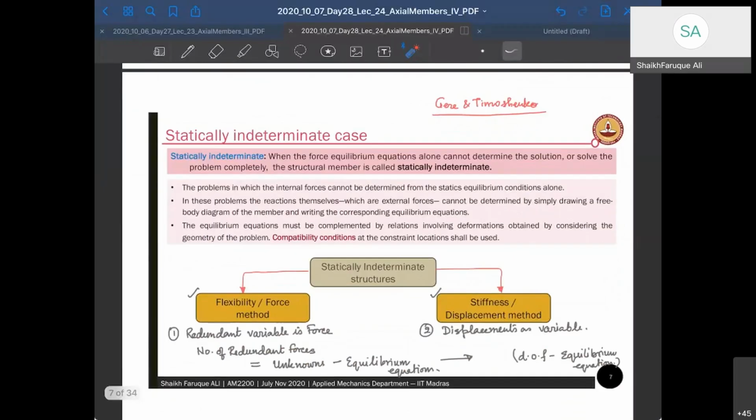Now, coming back to statically indeterminate structures, we have two methods of solving. As I said, one is called the flexibility method or force method, as the name suggests, force method. The other one is the stiffness method or displacement method. Okay, right? This is very important in the sense that